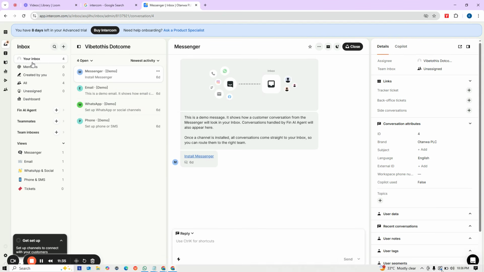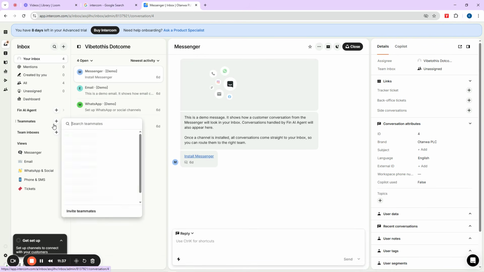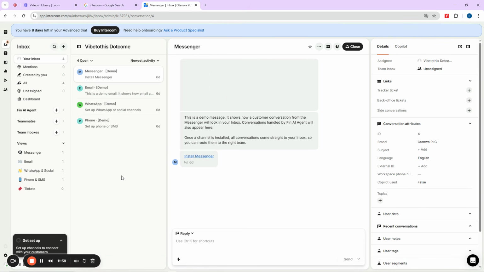So now we are here and want to do some things. This is a demo message that shows how a customer conversation from Messenger can work. This is showing you what happens if you install this Intercom on your website, which I think we did when we did Freshdesk. This is how the message will work. It will come into your CRM, into your Intercom. This is how it will come up. So me now, I want to go and